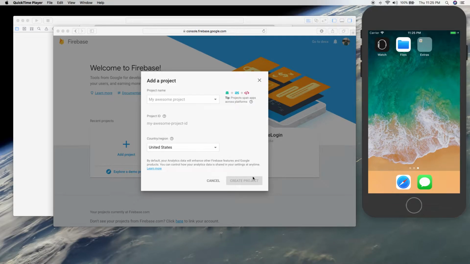Let's get started. Today we're going to be looking at Firebase. It's a great back-end platform. Specifically, we'll be looking at signing up a user and logging in a user. Let's get started. You're going to go to